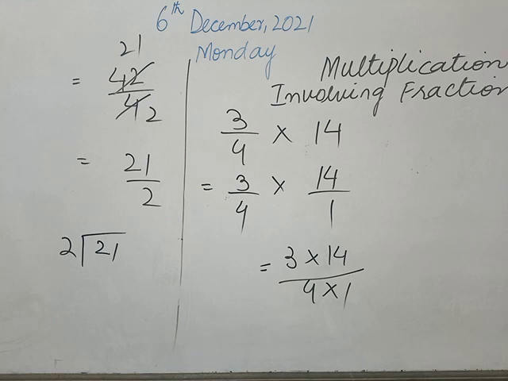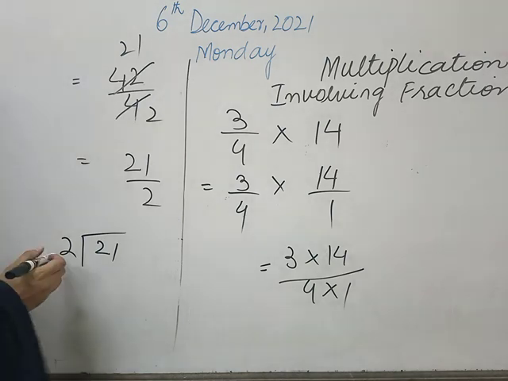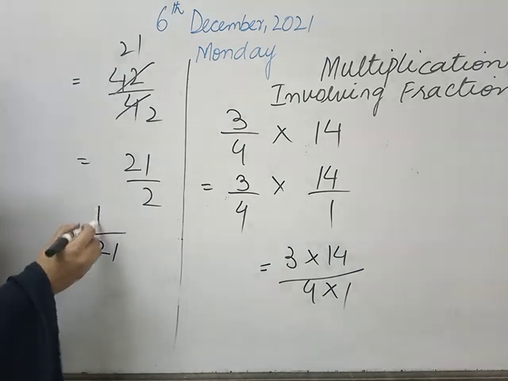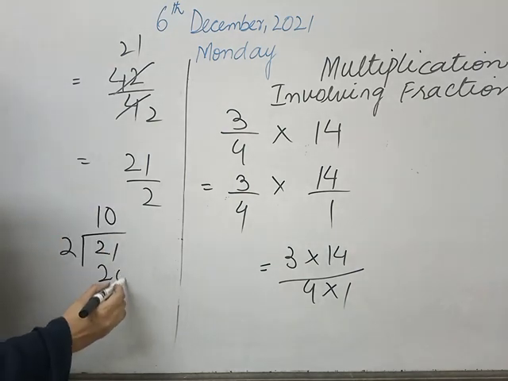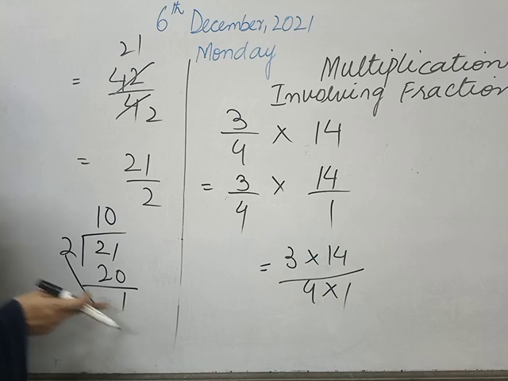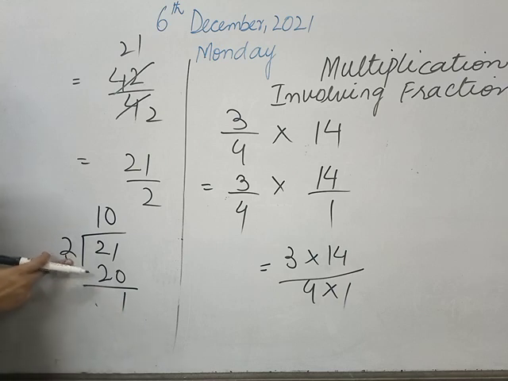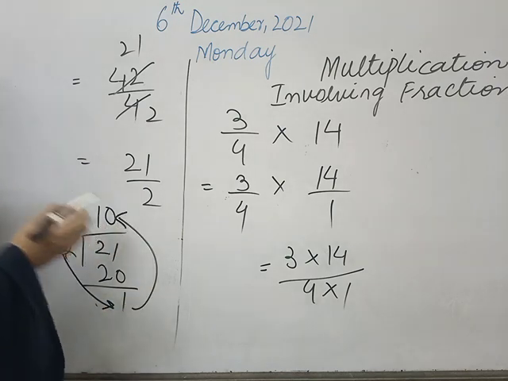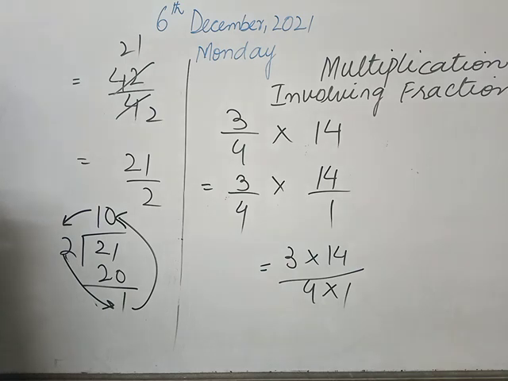Now I am going to solve it. I will read the table of 2 to get the nearest number, which is 21. So 2 10 times is 20. We have 1 in the remainder. So as you look, 1 is smaller than 2. So 1 is smaller than the divisor. So अब क्या करेंगे हम? We will simply shift this here. 1 will be there and 10 will be here.